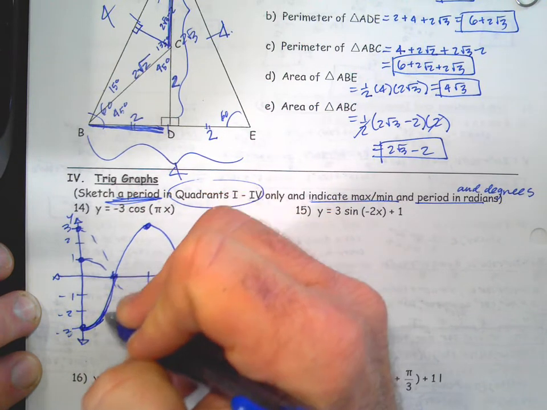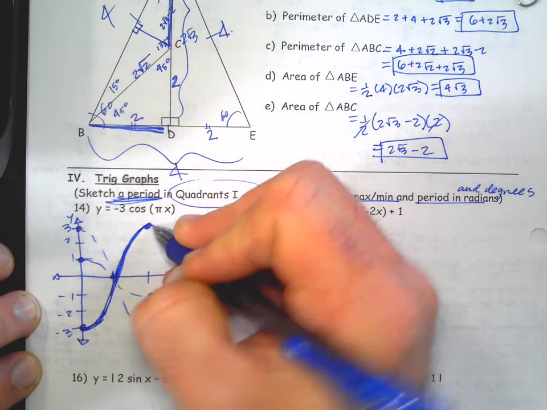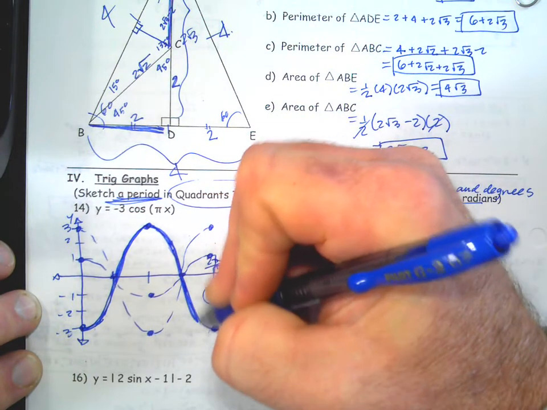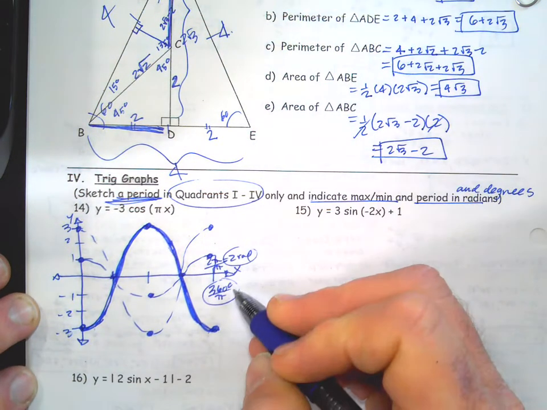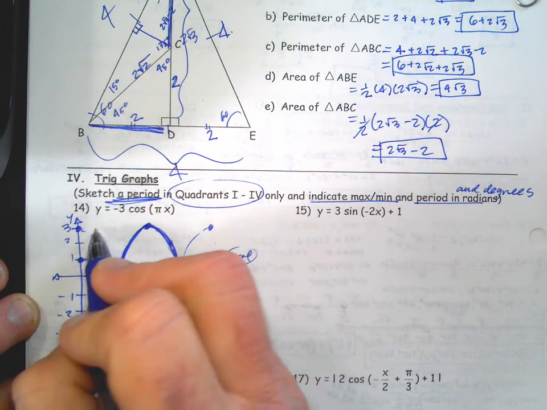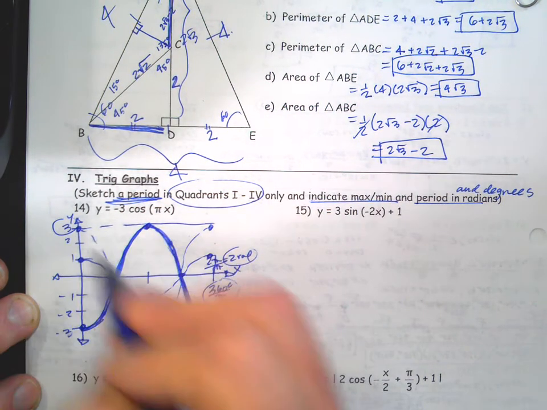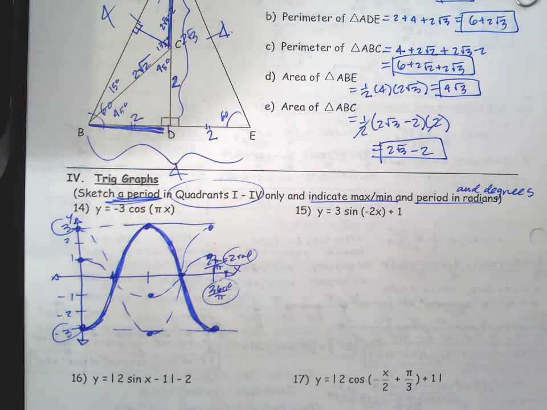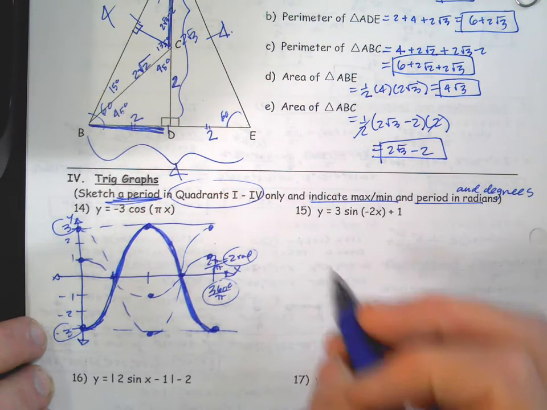We're going to make that nice and solid and dashed. I want these dots very obvious. Your period needs to be labeled in radians and degrees. I want the max labeled here with a horizontal dashed line. So that's the answer I'm looking for there. So next one,